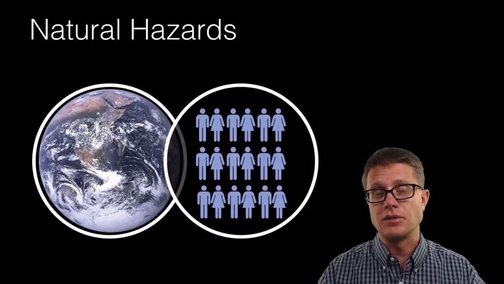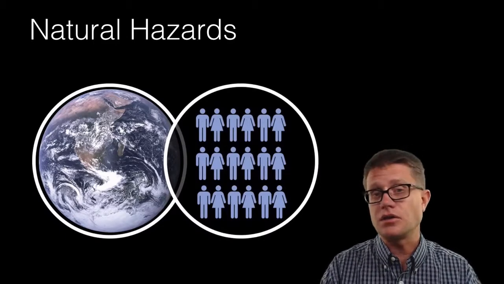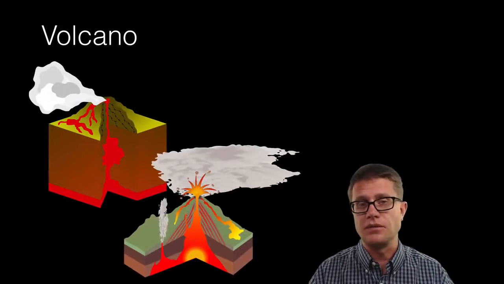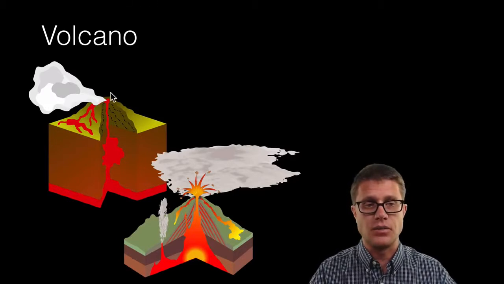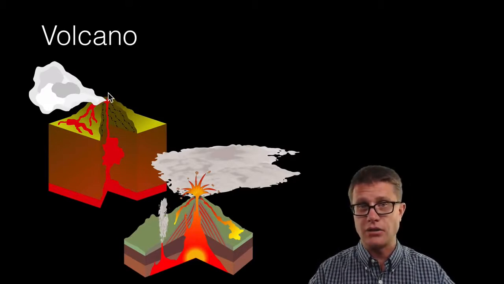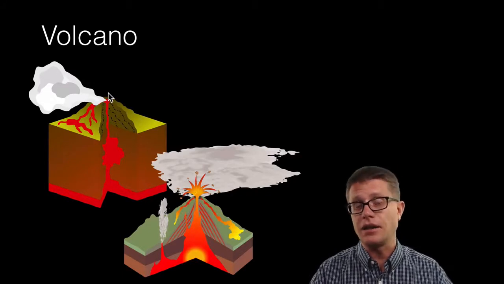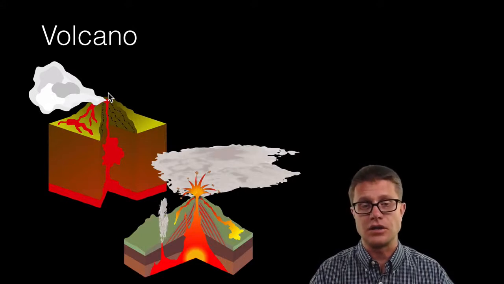And so living around these boundaries can be dangerous. It's just a matter of time. So an example could be volcanoes. Some volcanoes, like the ones we would find in Hawaii, can ooze out. And as long as we're able to move out of there quickly, we're going to be fine. But some are highly explosive, and it depends on what minerals make up that rock that determines the explosiveness of